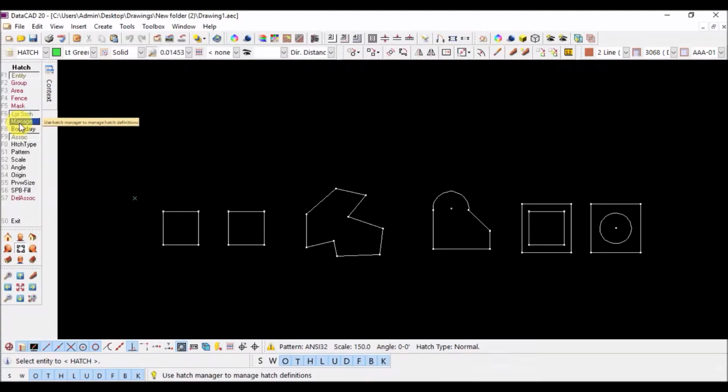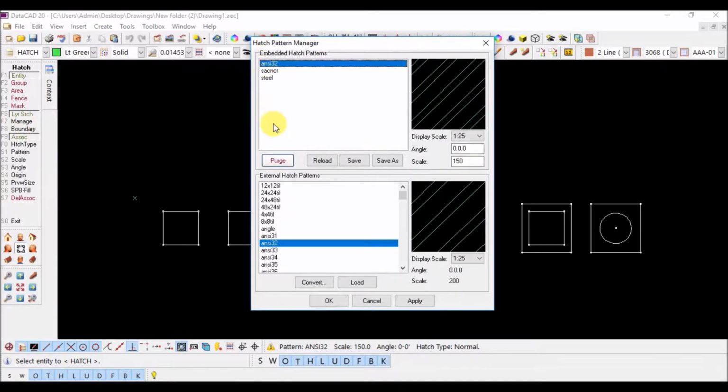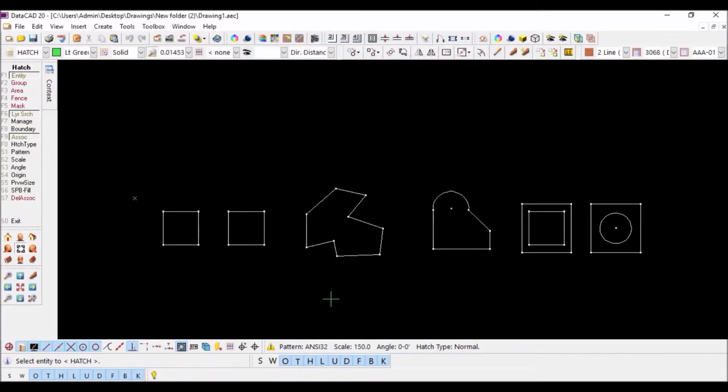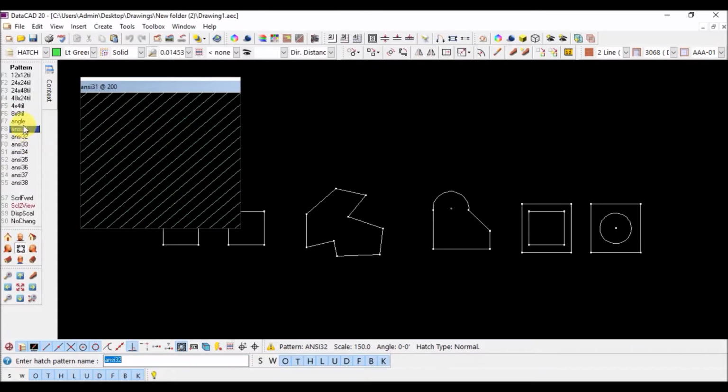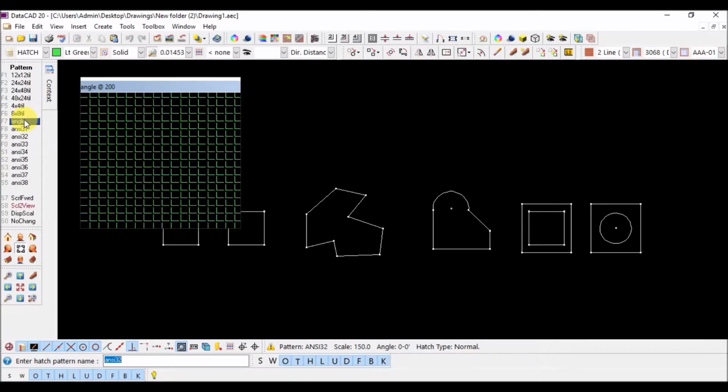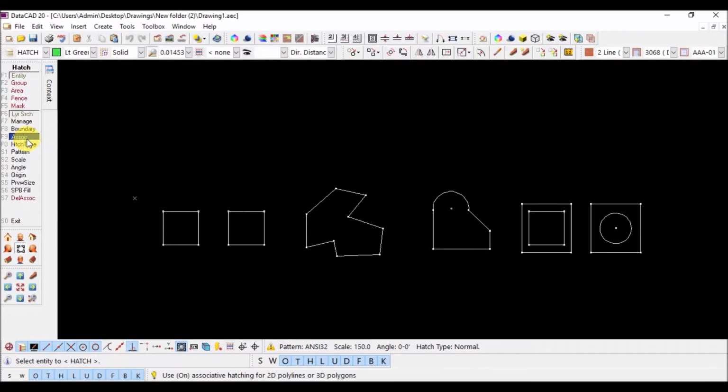Going to manage. Here you can set properties of your hatch pattern. You can reload a hatch or load a new hatch. Going to patterns. Here you will find multiple names of different patterns of hatch type. Select one of the types. Go into the scale. Define scale of your pattern, the angle of your pattern,